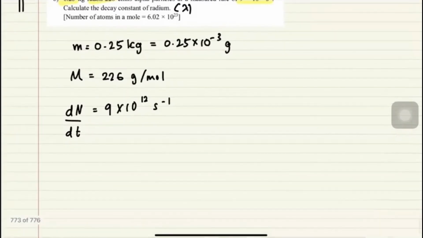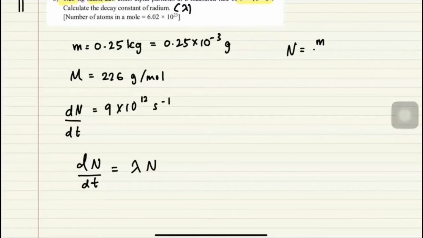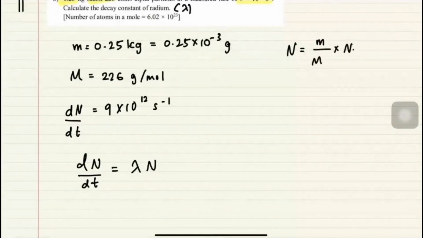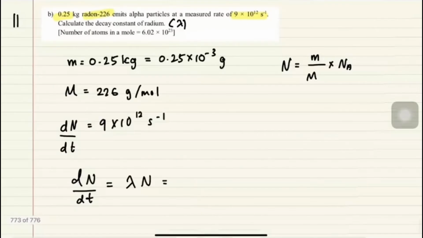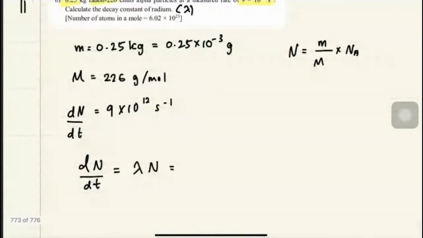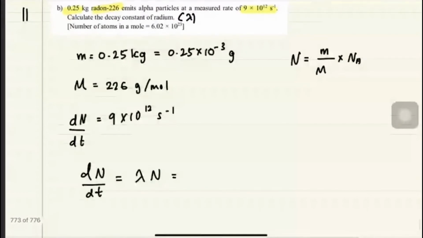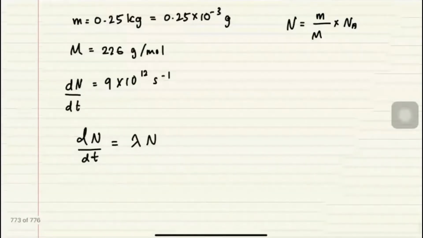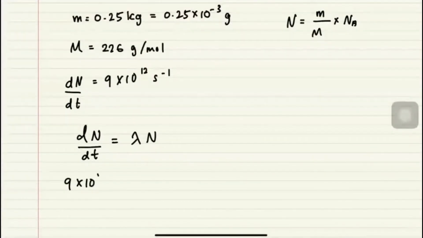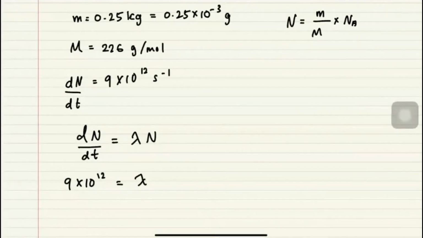Okay, anyway. You use the same equation as previous one. The NDT equals to lambda N. Okay, but remember, if you want to calculate N, you have to use mass divided by molar mass multiplied with the Avogadro number. So I'm going to calculate everything at once. So lambda, ini cik lambda, sorry. Patut lambda tadi. Okay, so the NDT dia adalah 9 times 10 to the power of 12. Lambda. N dia adalah mass